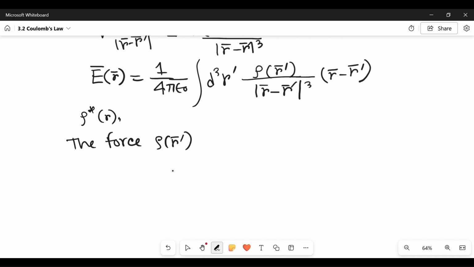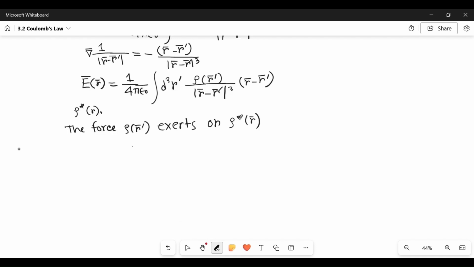Rho at r prime will exert on rho star at r. The force will be integral of rho star at r into E at r. So it becomes